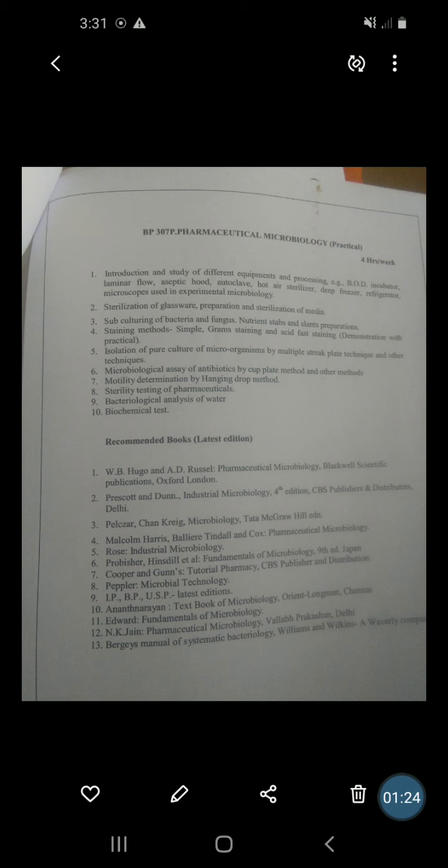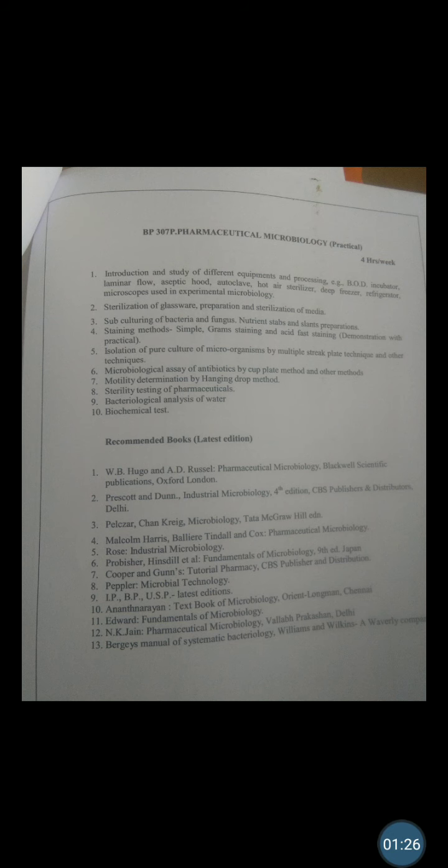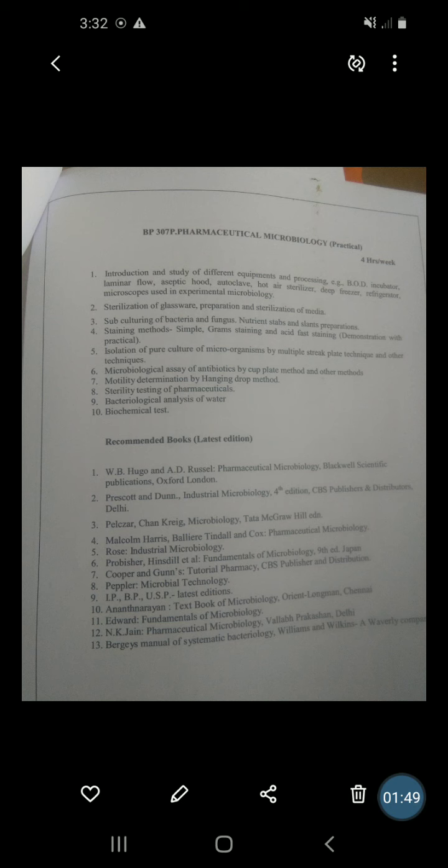There are two basic methods of sterilization: moist heat sterilization and dry heat sterilization. In dry heat sterilization, the sterilization is carried out by the use of a hot air oven. And in moist heat sterilization, the sterilization is carried out by the use of an autoclave. So this is the basic difference between dry heat sterilization and moist heat sterilization. Are you getting the difference?